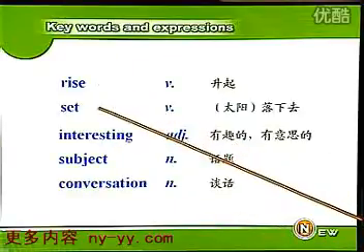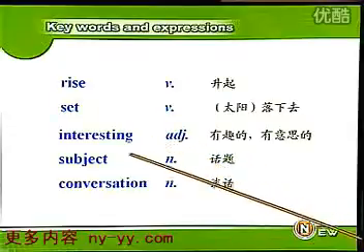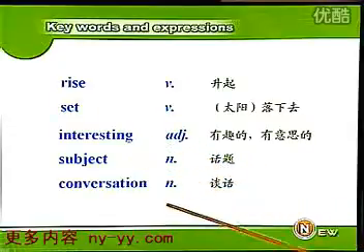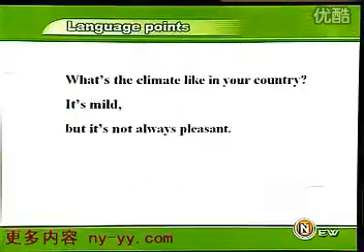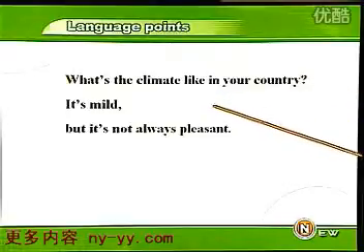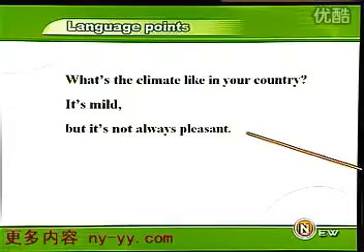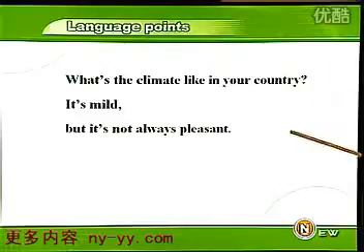rise, set, interesting, subject。subject 这个词还可以指我们在学校里学习的科目。Conversation。好，一起来看本课中的主要语言点。What's the climate like in your country? It's mild, but it's not always pleasant. 你们国家的气候怎么样？气候很温和，但不总是宜人的。我们从第25课开始，就请大家对课文的内容进行复述，也就是用你自己的话来讲述课文中的小故事。那么这段话应该怎么样来做复述呢？